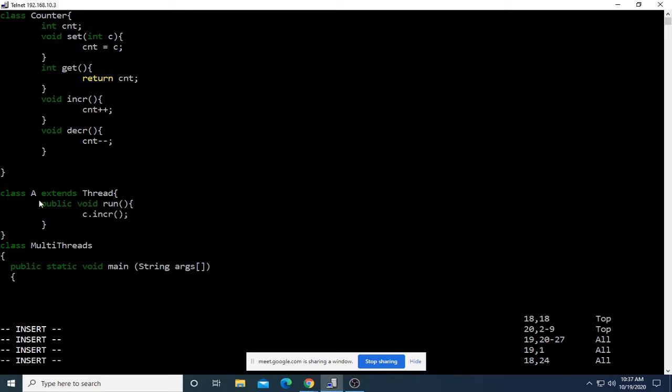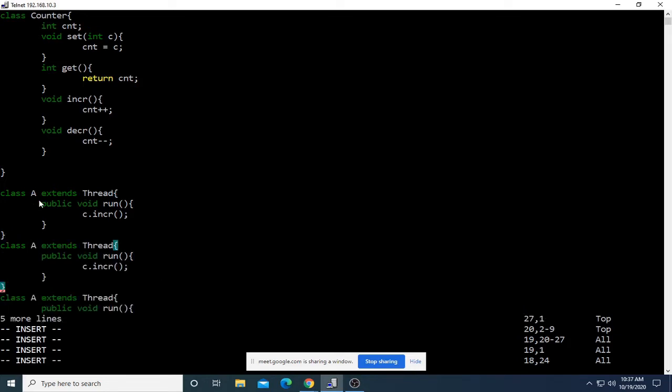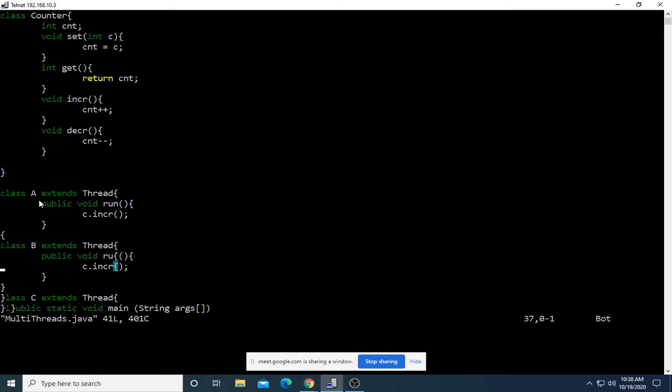I'll create 2 more thread subclasses similar to this. Let's change the class name. Classes A, B, and C. Each of them is a thread subclass which will make use of the same object and operate upon it.